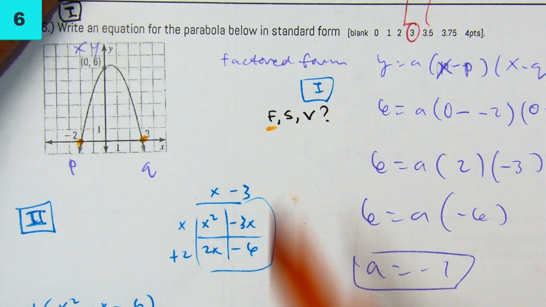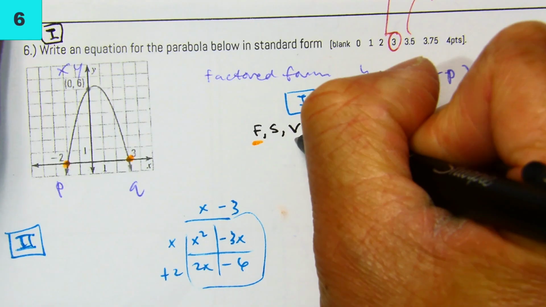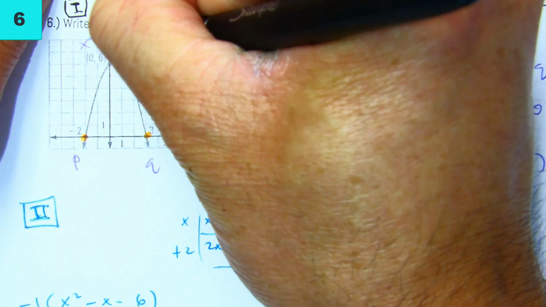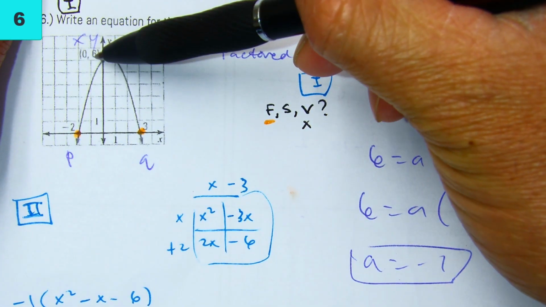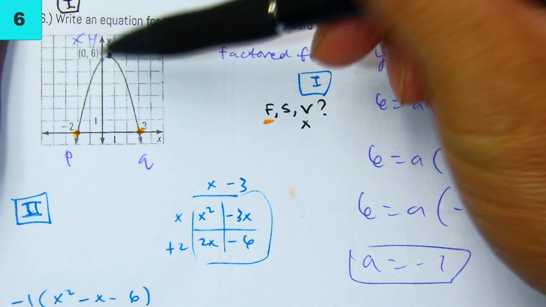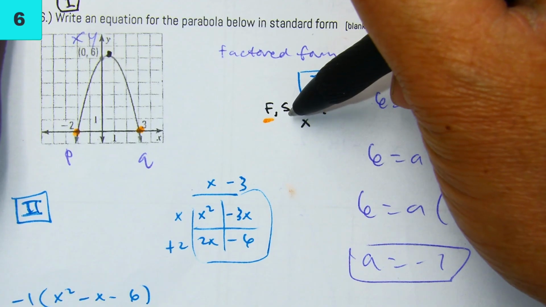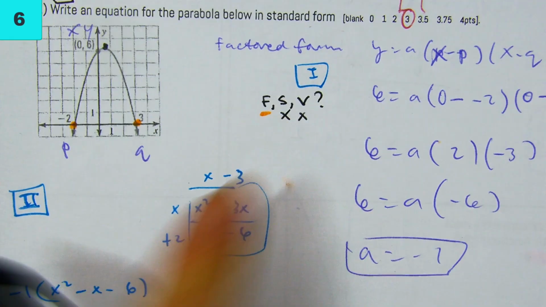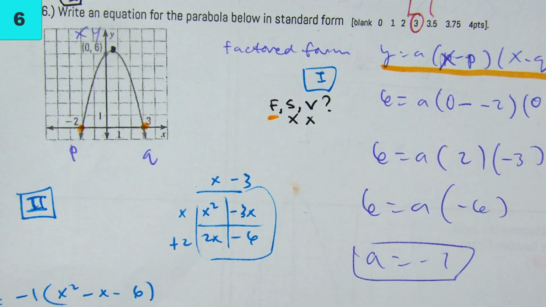Okay? The common mistake here for a lot of students was to pick vertex form. Vertex form is incorrect because this right here, this black dot I'm putting, that is the vertex. This 0, 6 is a point, but it is not the highest point. Okay? You could have been tempted to choose standard form, but I would not choose that, especially if they give you the x-intercepts. Okay, so factored form is this, and the first thing you're going to do is write down the form,